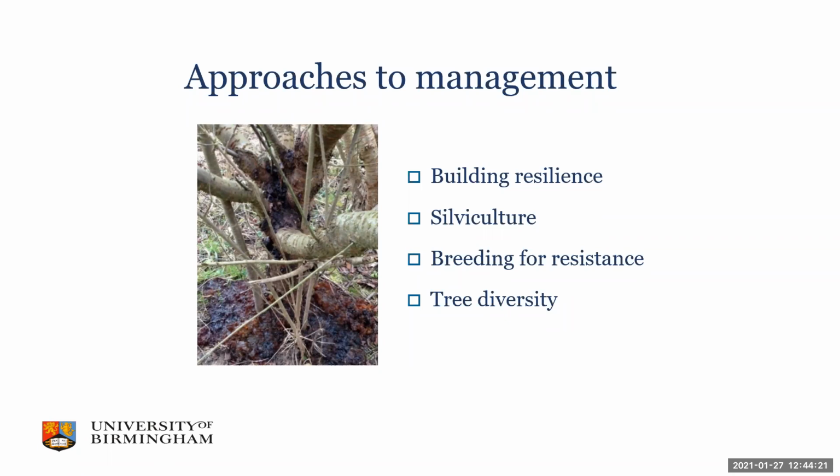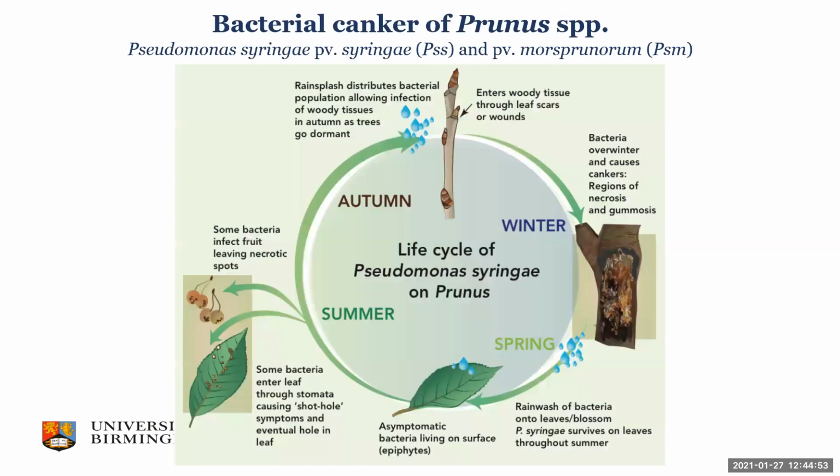Also, we have breeding for resistance. It's a desirable alternative method of control, but it all depends on how complex the nature of the disease is. Also, we can use a species other than the disease target, so as to reduce the risk of disease occurrence and spread. However, current control measures for many of these bacterial diseases are limited or relatively ineffective. For example, sometimes the bacterial pathogen causing the disease can evolve and resist the new control measures available. For the next few slides, I will talk about bacterial canker of cherry trees and the research we have done